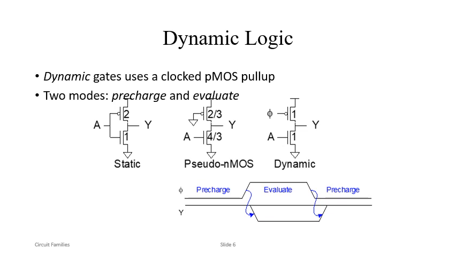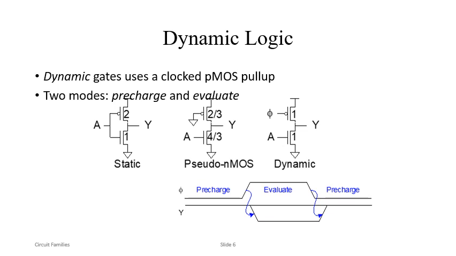Then dynamic logic. In dynamic logic, we are having two states. Dynamic circuits operate in two modes named pre-charge and evaluation, as shown in the figure. In pre-charge mode, the clock phi is 0, so the PMOS is going on and the output is high. In the evaluation mode, the clock phi is 1, so the PMOS turns off and then the output may remain high or may be discharged low through the pull down network.